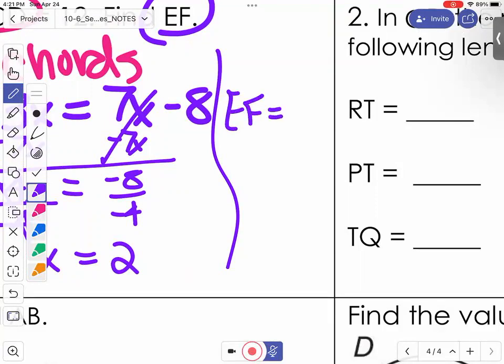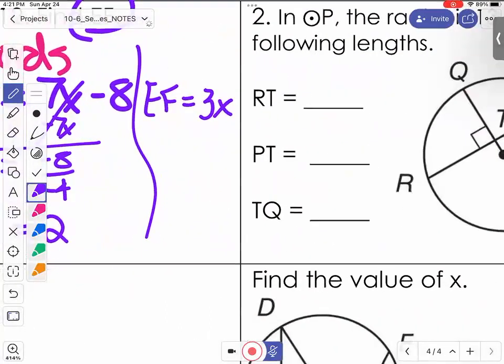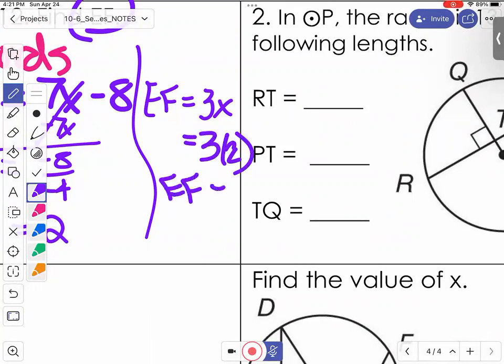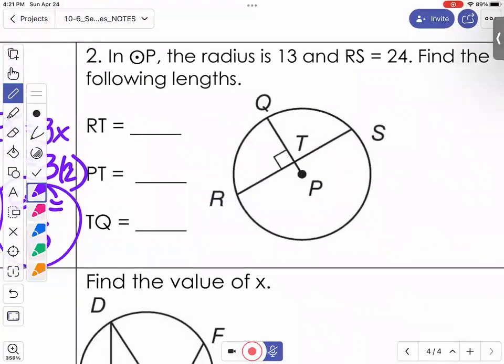So EF was equal to 3 times x. Yes, just verify my equation. So if my x is a 2, I'm looking at 3 times 2. Therefore EF has to equal 6. Now it's solved. So again, just be careful, read those questions again, make sure that we know what we're looking